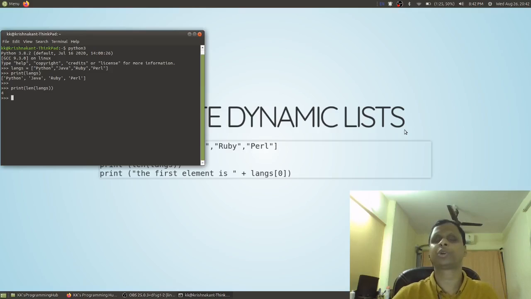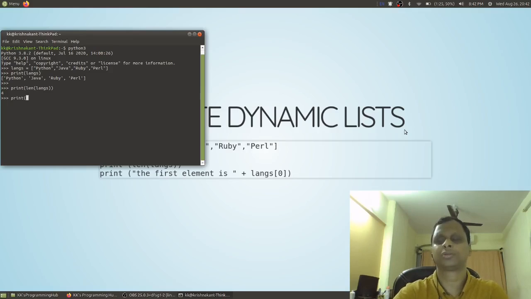The length is 4 because we had 4 elements in the list. So we've used another function inside the main function print. This is called nesting of functions, and we'll discuss this more when we come to the functions part of our series. You can actually access an element of the list using its index, and remember the index starts from 0. So if I say